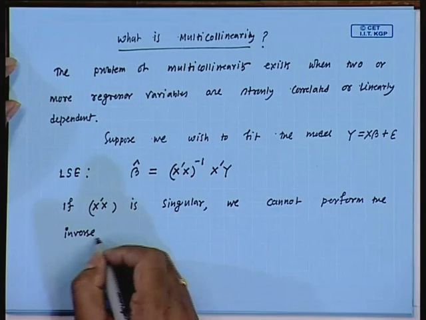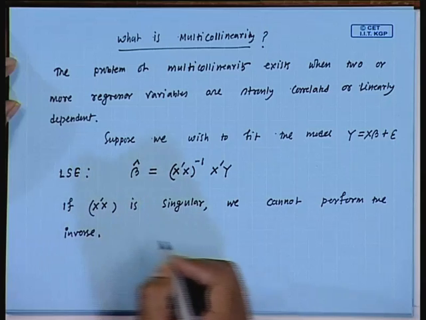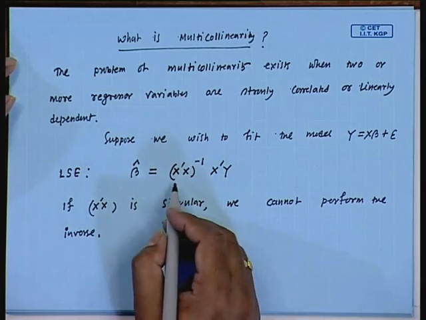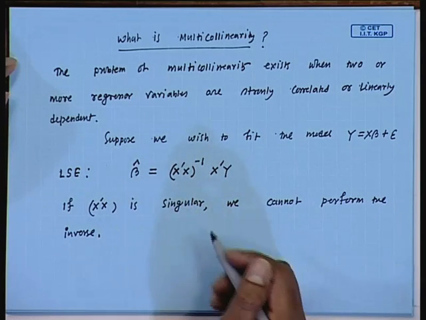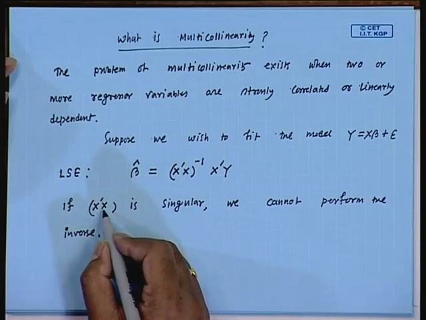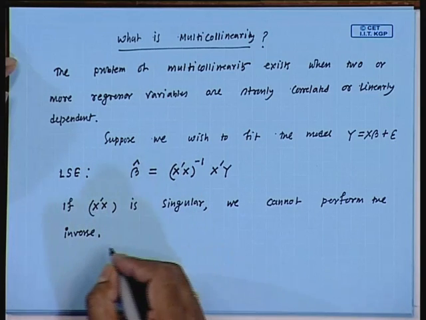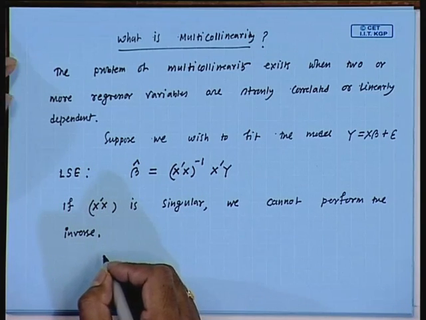Okay. And singular means the determinant is equal to 0, X prime X determinant is equal to 0, and this happens